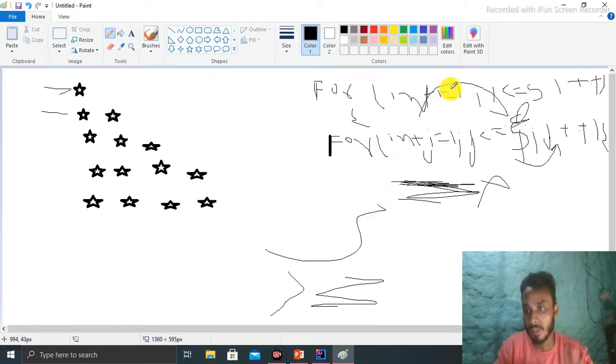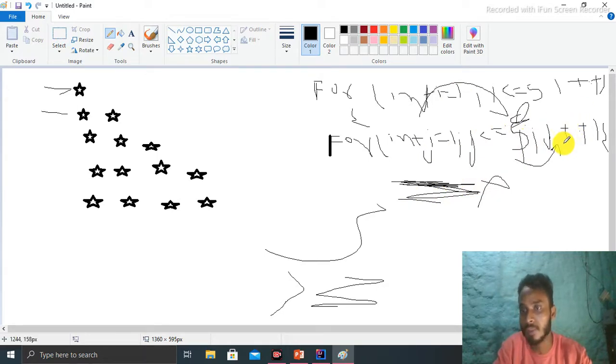Once again I tell you: when the loop comes here, i has the value 1 and goes to the inner loop, and this is true. Then it prints, and again checks the condition: i equal to 1 and j equal to 1, both conditions are true, so print here and j is incremented by 1.